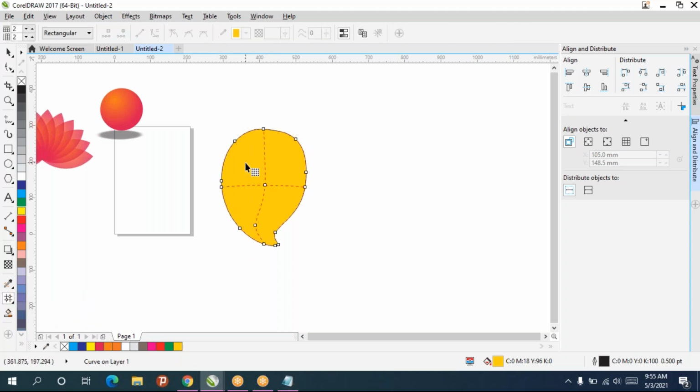Just click on that. Using mesh fill, each point you can give the color. Instead of gradient color, this one you can give color for each point. And you can adjust the points also, however you want.